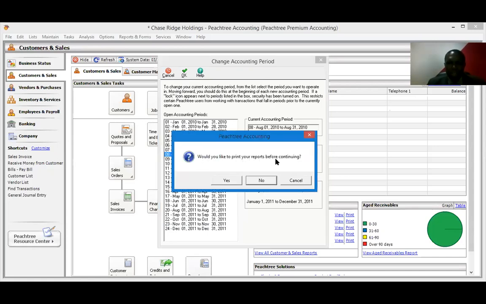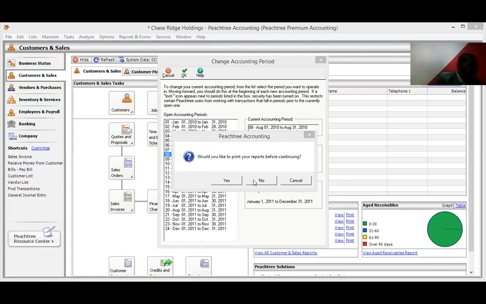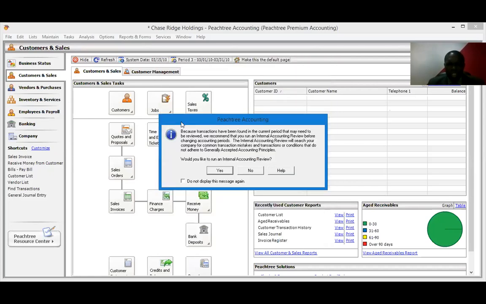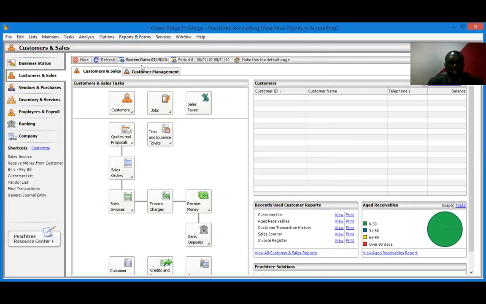You pause before continuing, I usually say no, because if you click yes, most likely you'll be printing out a lot of things through your printer, and you end up using a lot of paper, stationery, which can be averted. So I said no. We don't need this if we are posting accurately. We don't need that. So now this is how you can see that the period have changed to August,